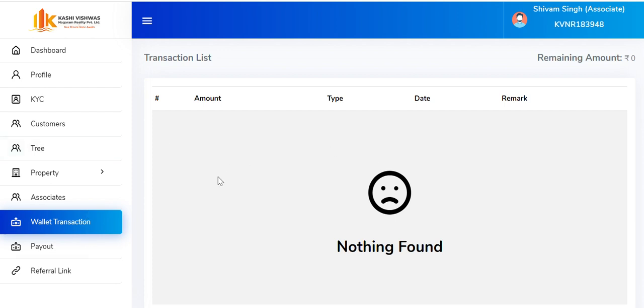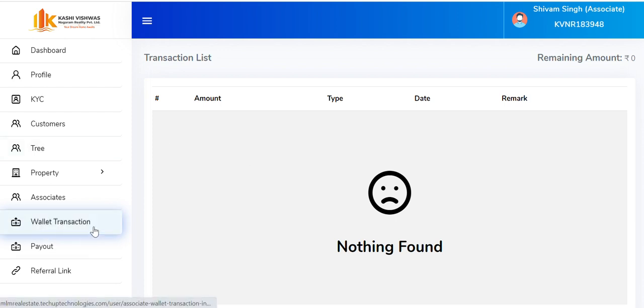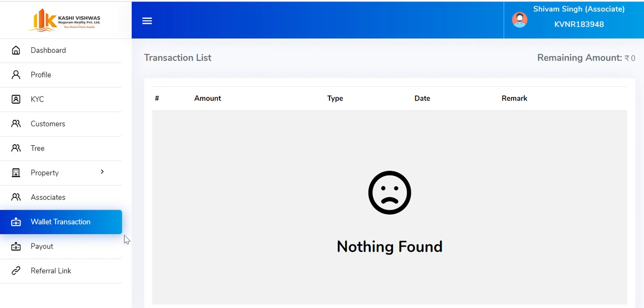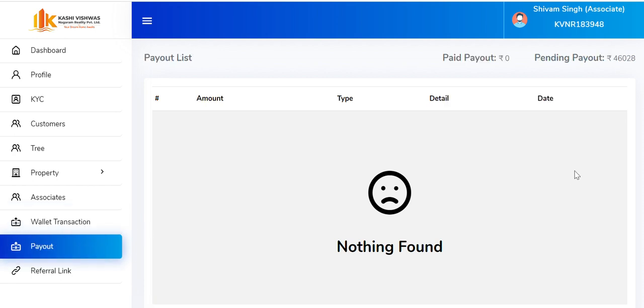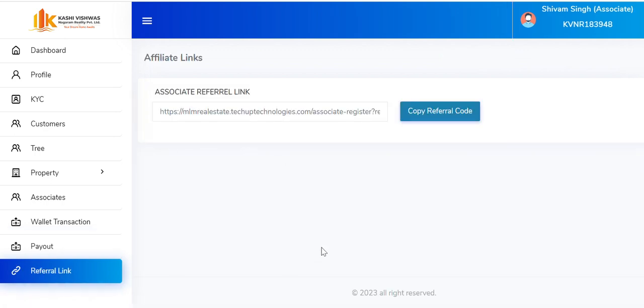They can easily do the booking with the wallet transaction system from here. And in the payout section, they will see all their payouts along with the referral link, so that they can easily make teams under them, make associates under them, make a good profile and build systems under them.